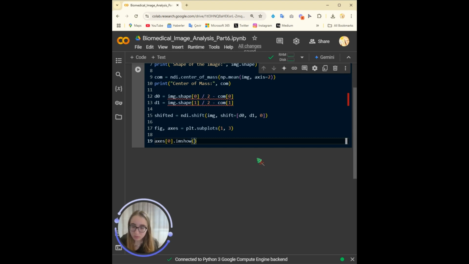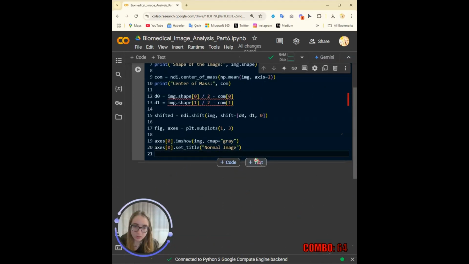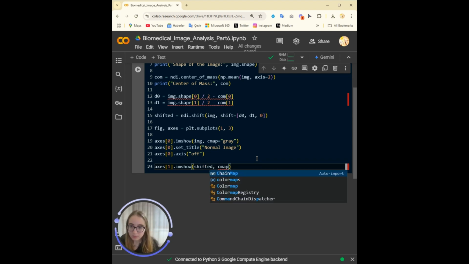Plot 3, plt.imshow. Let's first show the normal one, with the gray colormap. Let's also give it a title: normal image. I can either do it with a loop for the axes and axis off, but let me show it to you like this this time. Then show the shifted one.